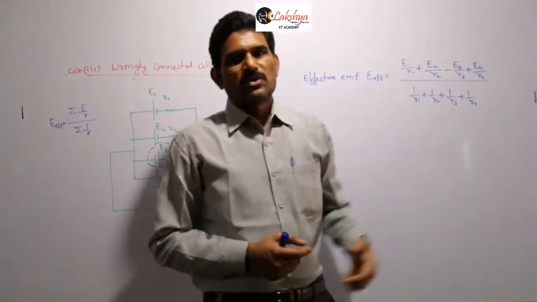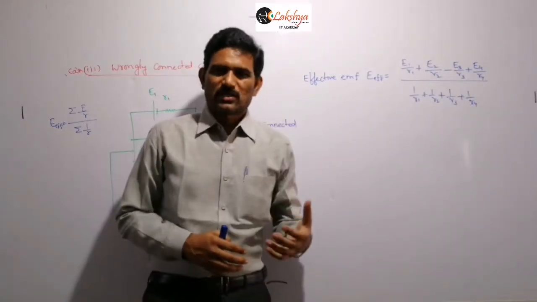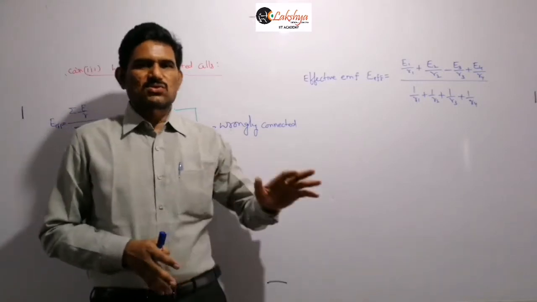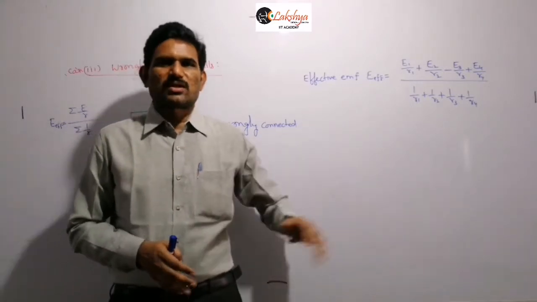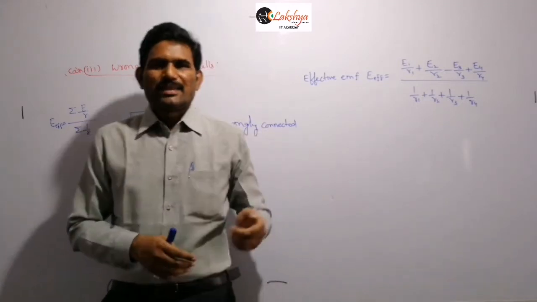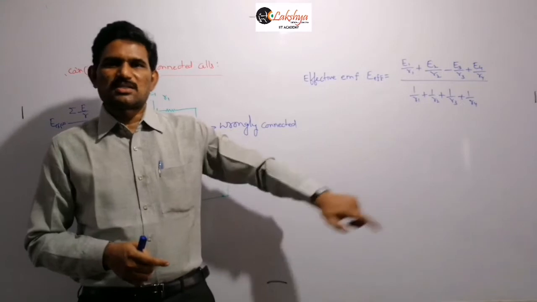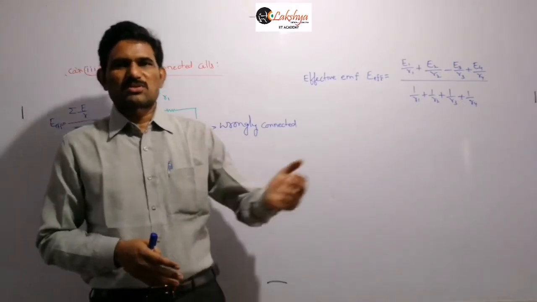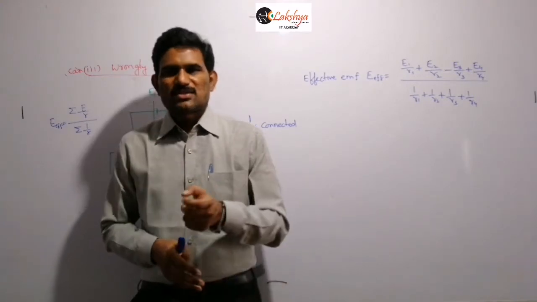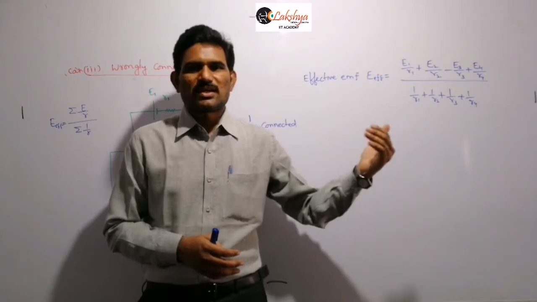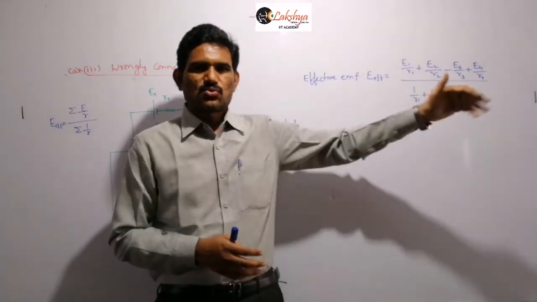In series combination, we already discussed it. When cells are connected wrongly, the EMFs will be in the opposite direction, but the resistances are in series only when the cells are connected in series. Even though some of the cells are connected wrongly, their internal resistance will also be in series with the circuit only, right? We discussed that already. Even if some cells are connected wrongly, if n cells are connected, the effective internal resistance we mentioned as nr only, r plus r plus r and so on, n times.